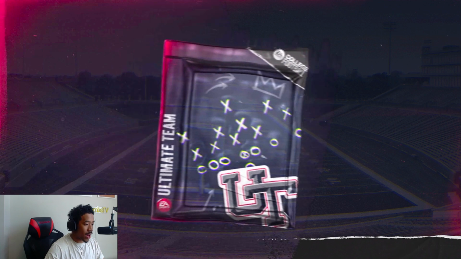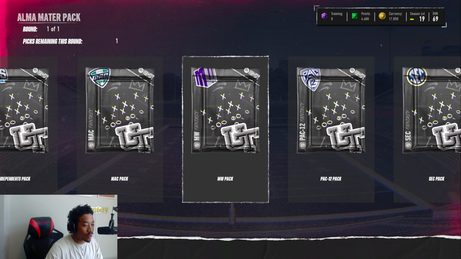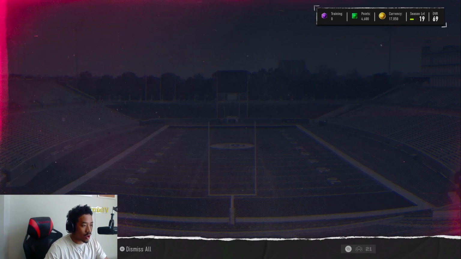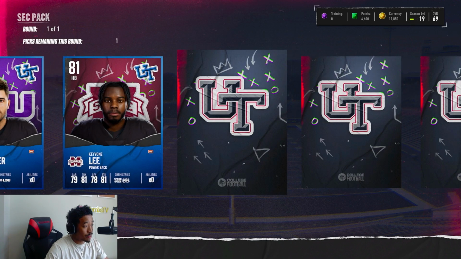We're going to go alma mater pack here because, I mean, y'all know who my alma mater is. You know what I'm saying? We're going to that SEC and we're going to that Georgia pack. I'm telling you, or at least just to see. I don't know what other cards are in here. I haven't looked at this pack, so I don't know who's in here. I don't know if it's random. I have no idea, but